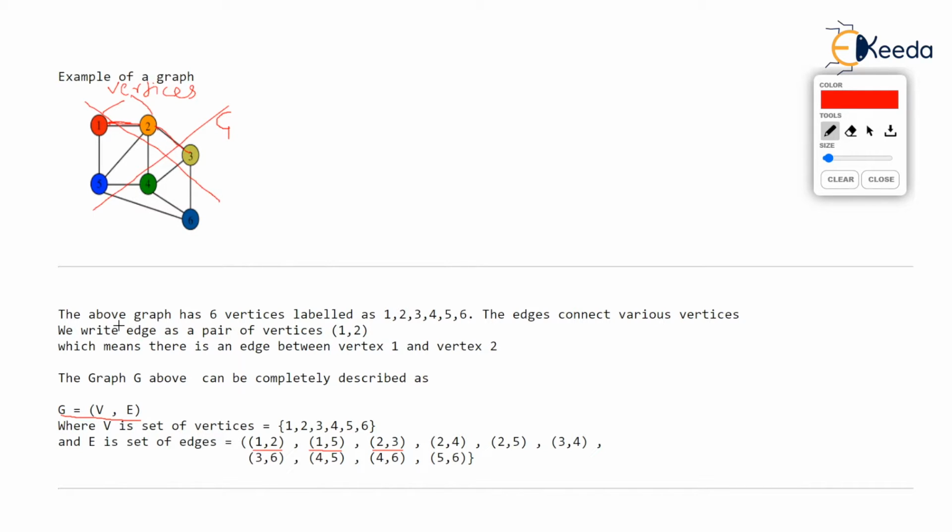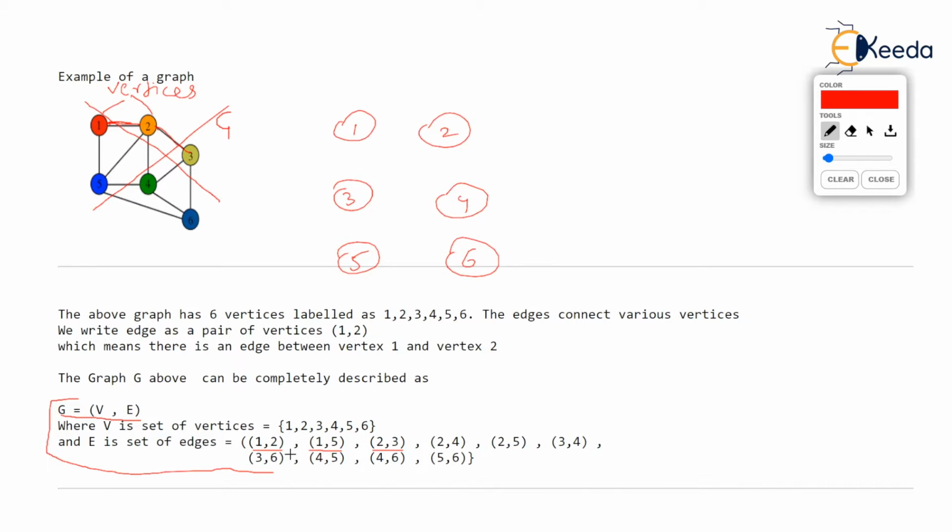Now, you only tell me, think about it. If somebody gives you this description of the graph, that which vertices are there, 1 2 3 4 5 6, and how the edges connect the vertices, then really you can draw the graph. So the diagram is not important. You tell me, if you are given this description that there are six vertices and this is how they are connected, and you are asked to draw the graph, then you may say that these are the six vertices, 1, 2, 3, 4, 5, 6. You may draw the vertices as per your convenience, and then you will use this edge set.